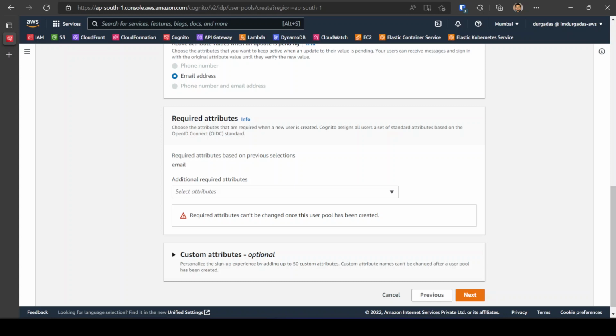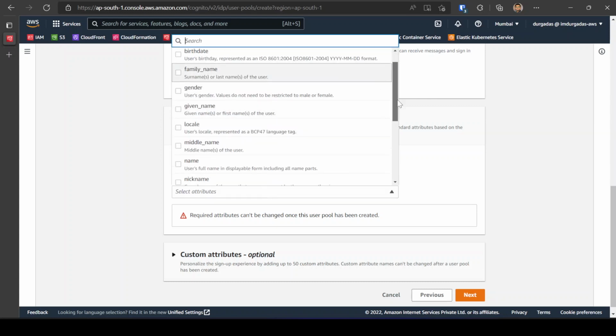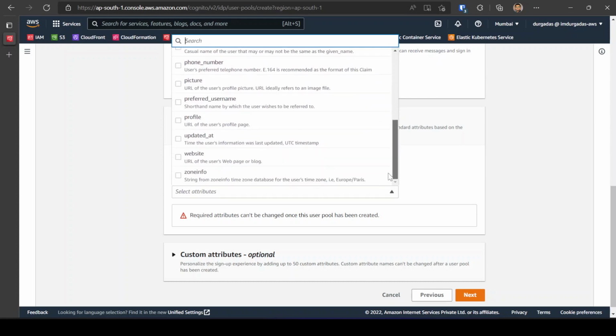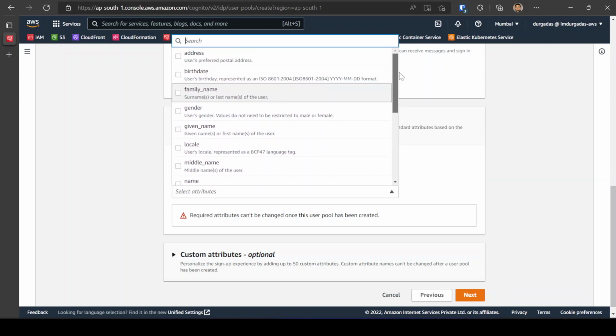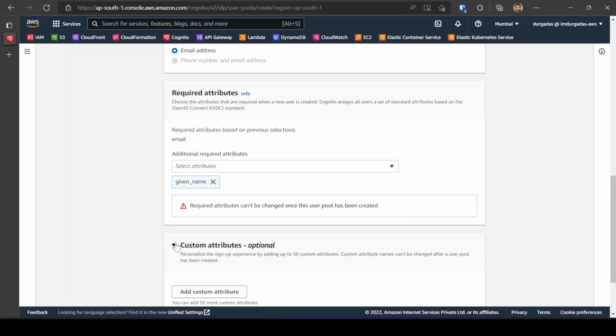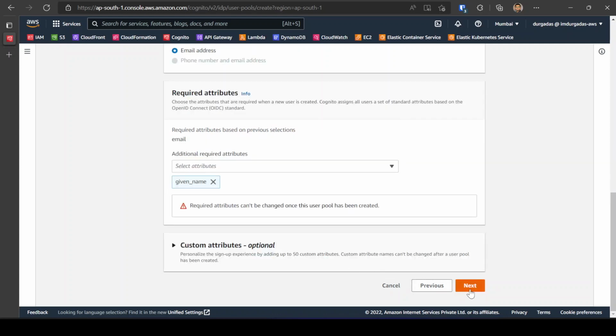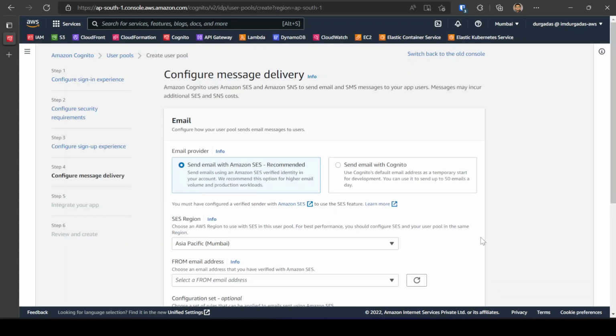Coming down, there are required attributes that are needed when a user is created, right? So here we could ask for some kind of additional attributes that we want when the user signs up. So let's say I want to know the given name of the user. So you can select it. In the custom attributes, you could add some more attributes if you need, but for now I will keep it blank. Next,